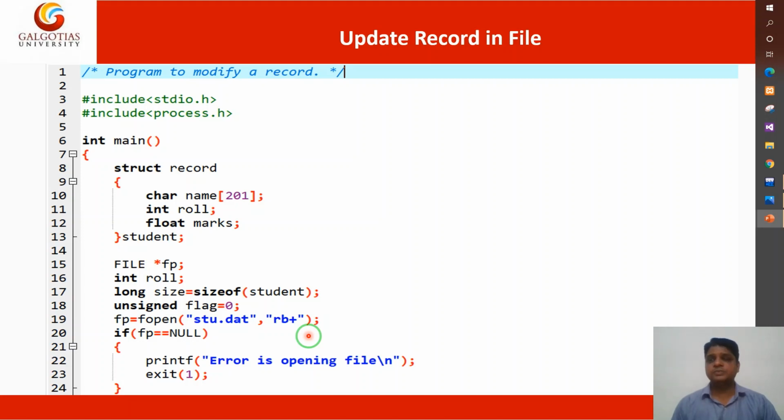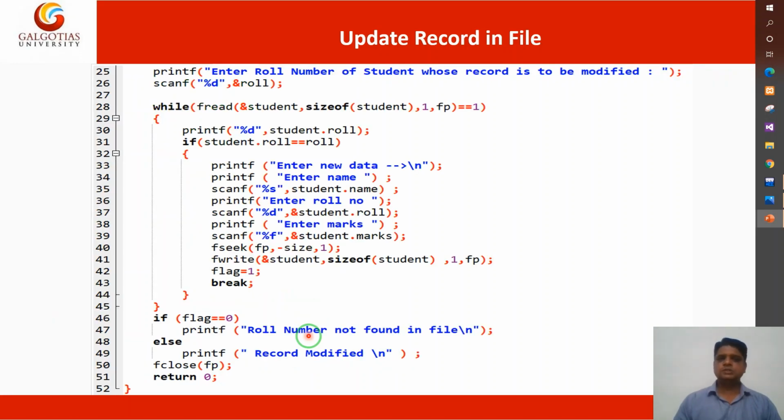Which record do you want to update: record 1, record 2, record 3, record 4? So what type of operation will we use? Firstly you enter which record you want to update, that means the roll number you want to find. Ultimately you have to seek the data from the file.